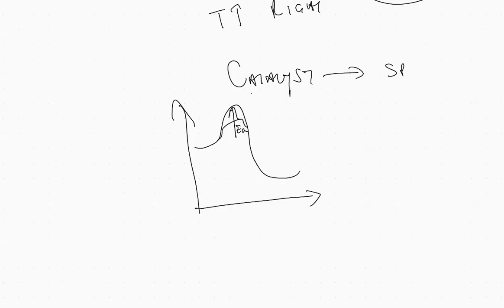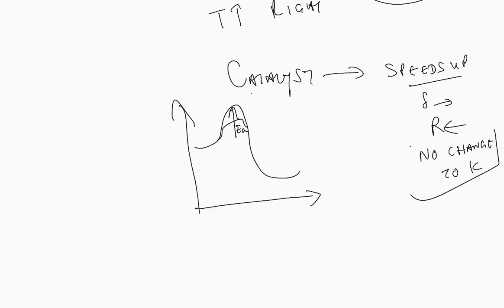Okay, but it speeds up the forward as well as the reverse. So it speeds up both paths, therefore it attains equilibrium quickly. Forward and reverse, but there is no change to K. Okay, no change to the equilibrium constant because it simultaneously increases both rates,